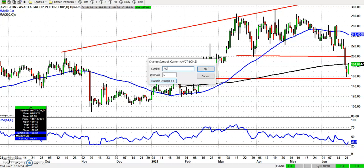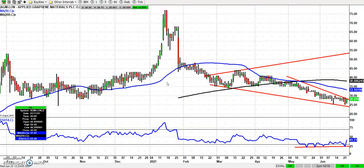Onto a stock which is maybe rather early in its recovery phase, but worth flagging just to see how it progresses. Applied Graphene Materials. Here we've got the stock trying to break out of this falling wedge from March. That's part of a broadening triangle that we've got. The top of the triangle there as high as 54 pence, which would obviously be a 2 to 3 month target. But the attraction here, really, the bullish divergence, we had the double bottom there at 25 pence,